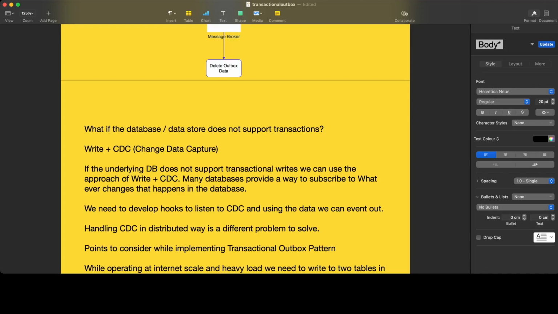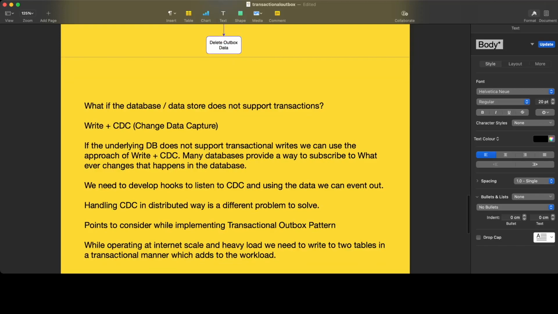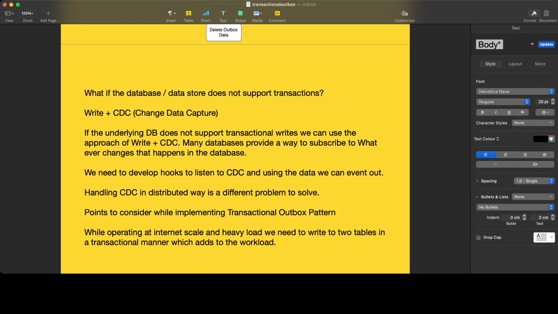What if we choose Cassandra, which doesn't offer a transactional write across two key spaces? We would not be able to write to two tables or two key spaces, which are one and the same. You can use either of the terms. So what will we do? We can use another pattern, which is to write to the table and do change data capture. Change data capture is a very big subject in itself, another pattern. We will look into it in a different tutorial, but let's understand it.